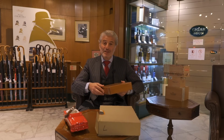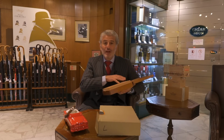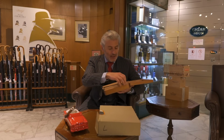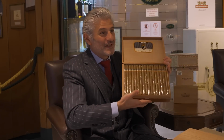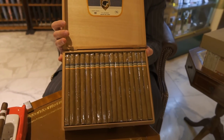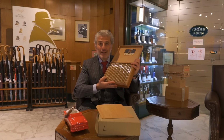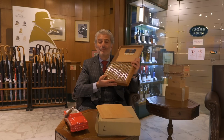But why have I pulled this one out in particular? Well, this is the last bit where packaging comes in. We are extremely lucky to have this in our collection because these are cellophane wrapped Cohiba Lancero from 1990. Why am I so excited to say that? Because the cellophane is, like the tube, a time capsule. Although these cigars are now getting on to 33 years old from box date,